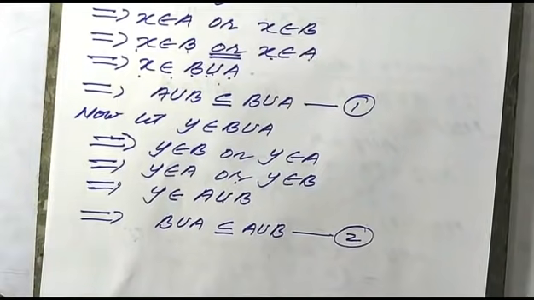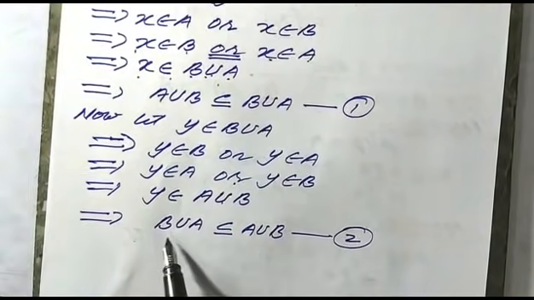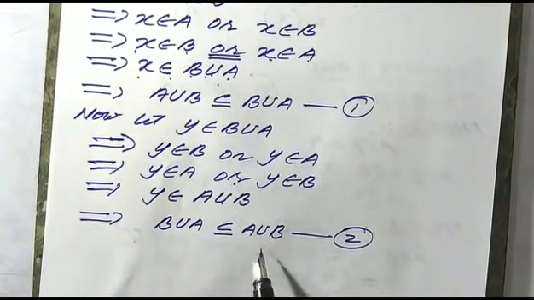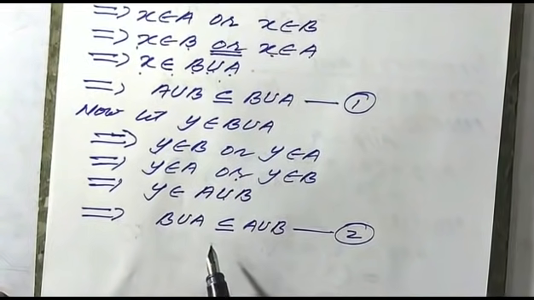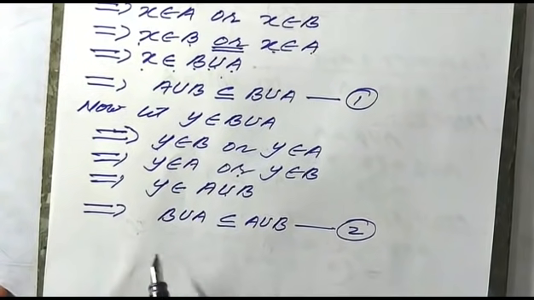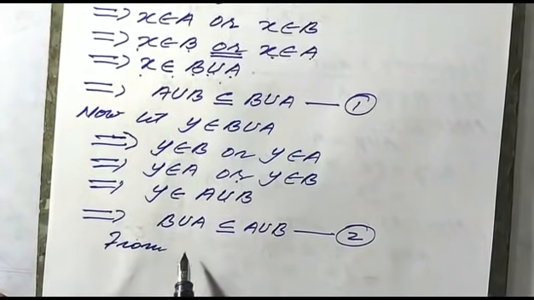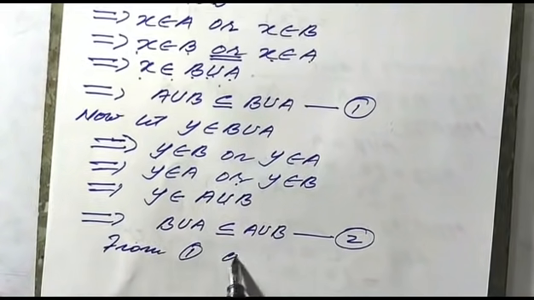So if we compare equations number 1 and 2, A union B is a subset of B union A and B union A is a subset of A union B. So it is only possible when A union B and B union A are equal sets. So we may write it as, from 1 and 2,